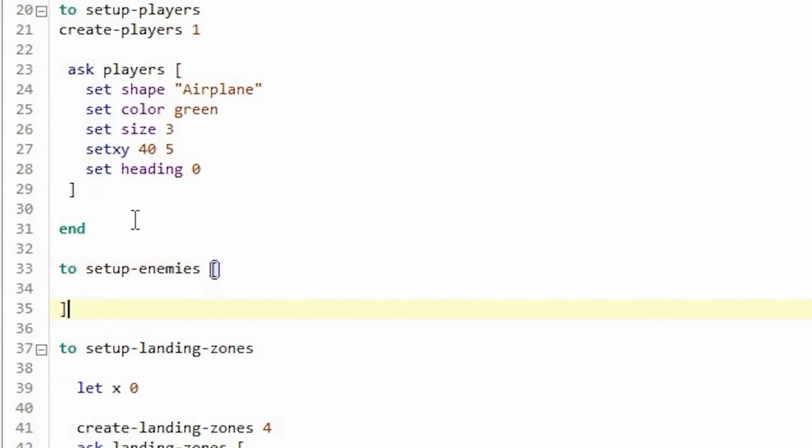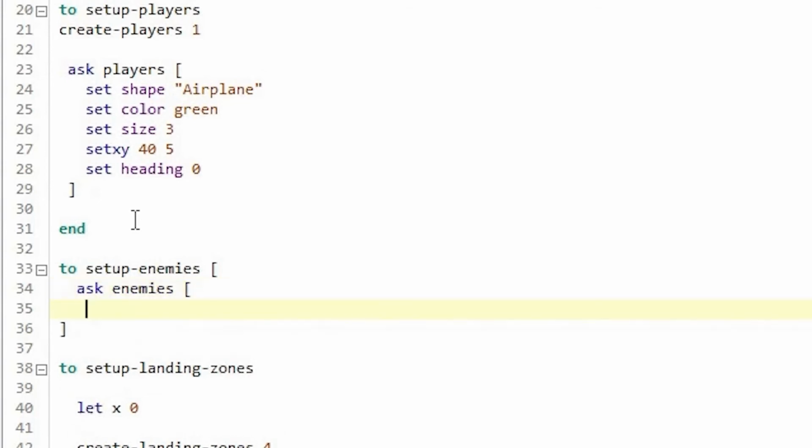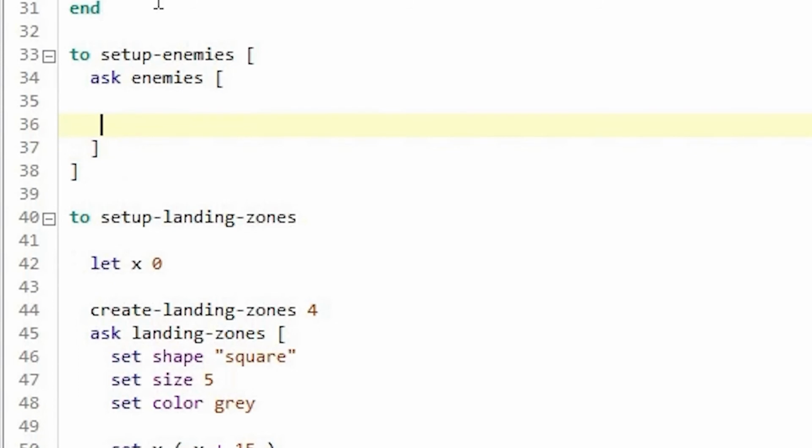So whenever we are setting up enemies, what we have to do is ask enemies, sorry, there shouldn't be a bracket here.